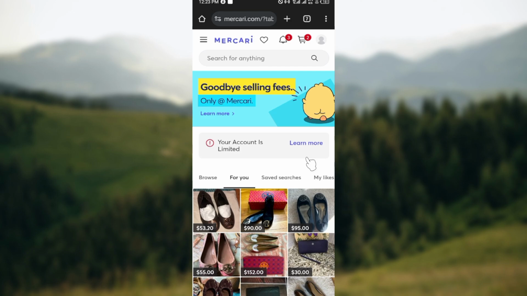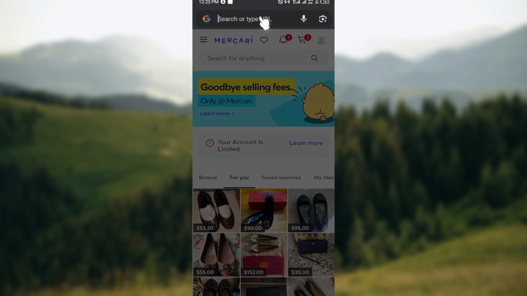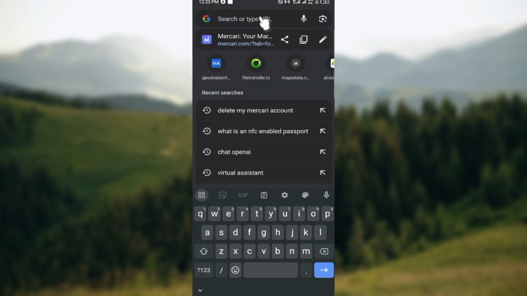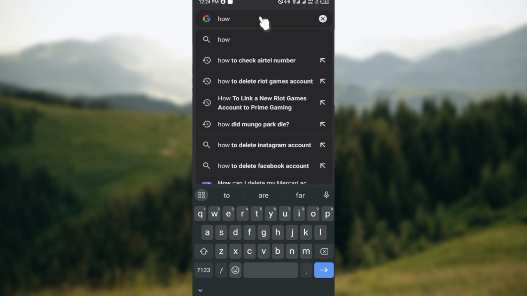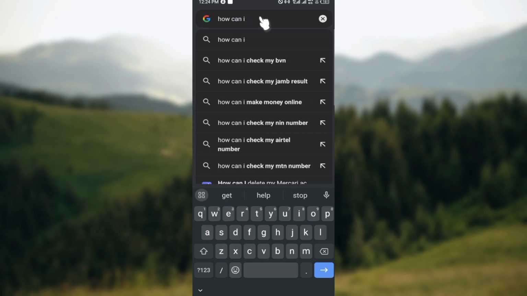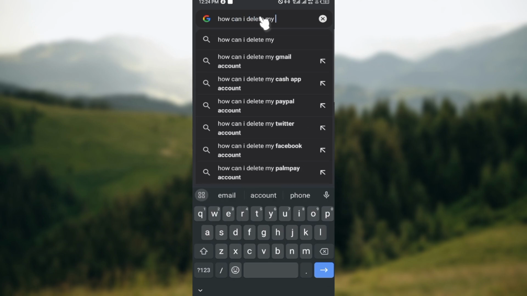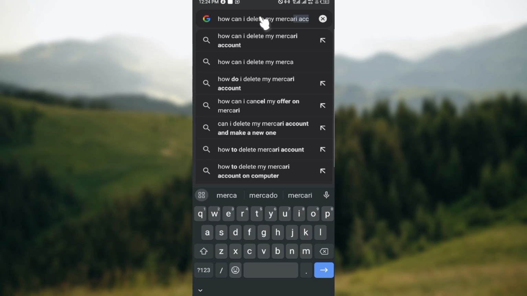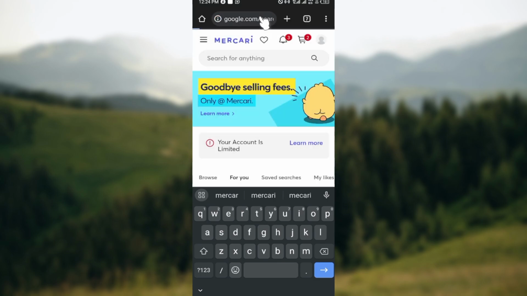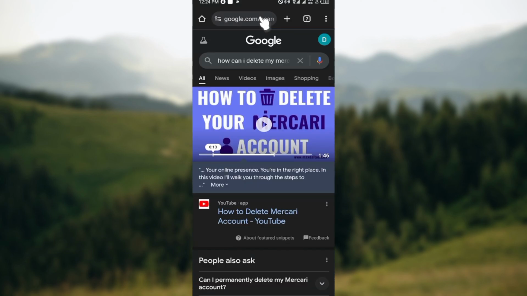And then once you've done that, the next step is to move to the top part of the screen. Then you can set the search box. If you're not using your web browser, perhaps you're using the application, you can just go to your web browser and then type the question, how can I delete my Mercari account? This is because you would have to fill a form for you to be able to delete